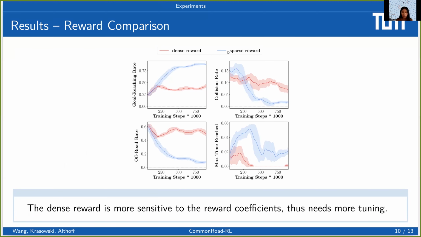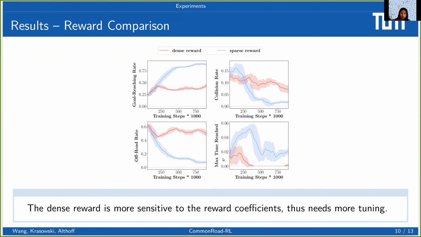First, we compare the sparse reward and dense reward. Here we show the learning curves of the goal reaching rate, collision rate, off-road rate, and the timeout rate. As you can see clearly, the agent trained using the sparse reward performed much better than the one with dense reward.